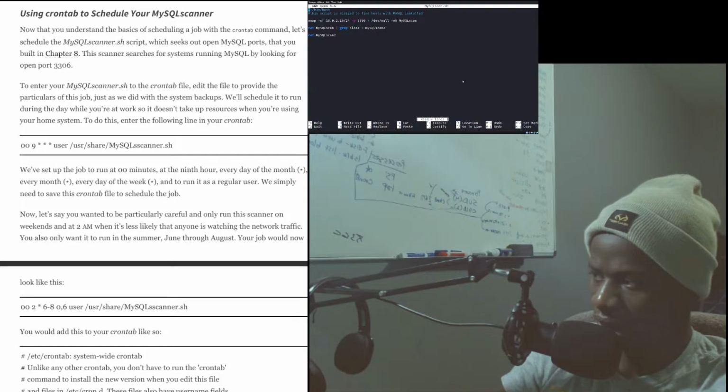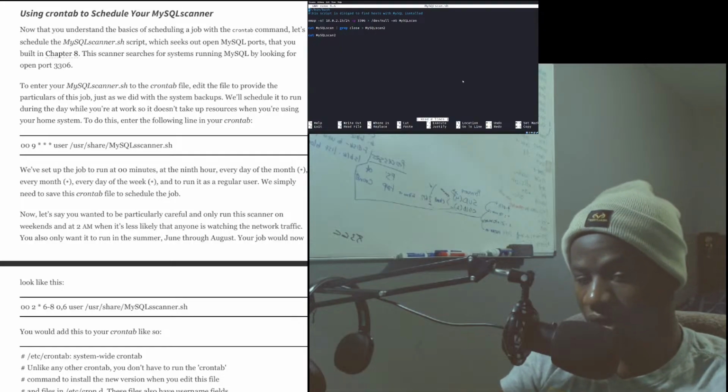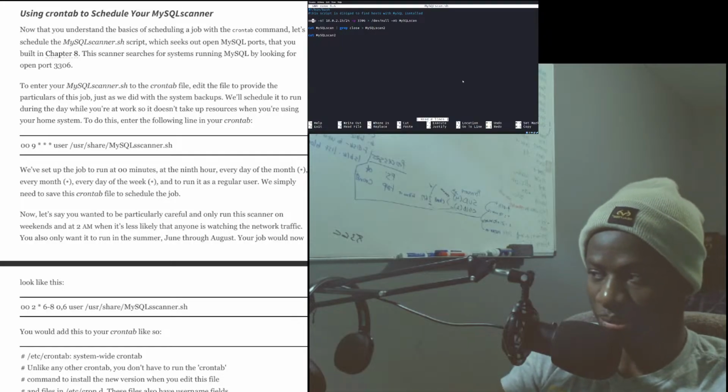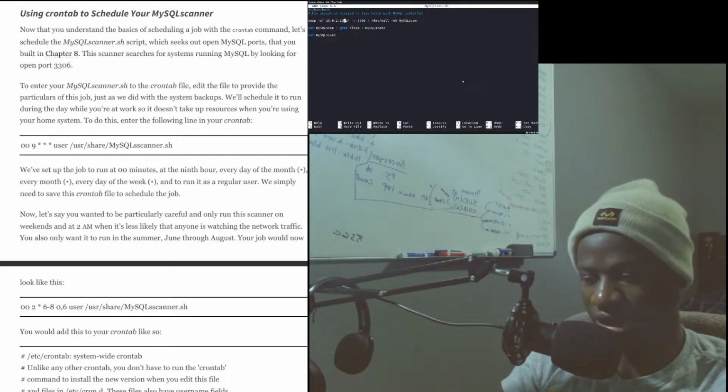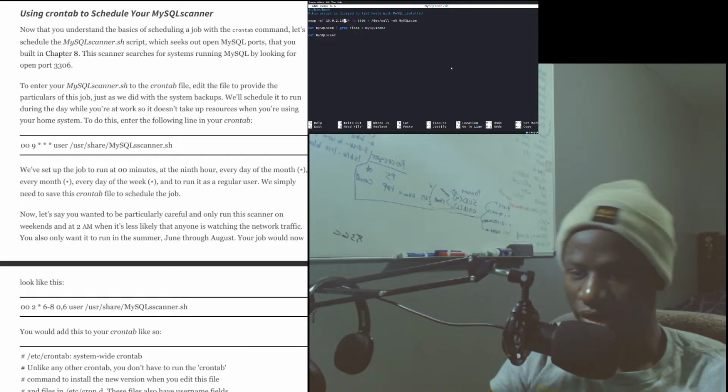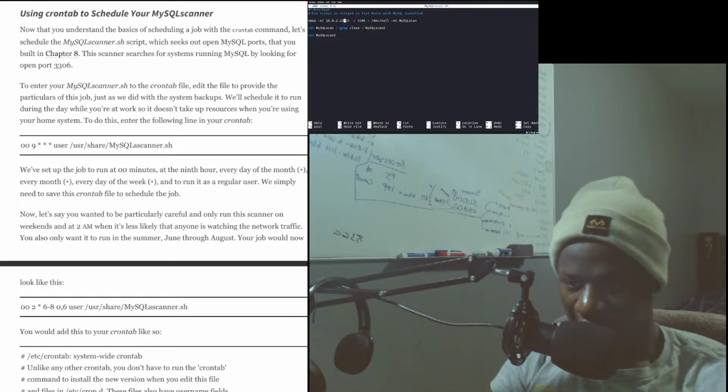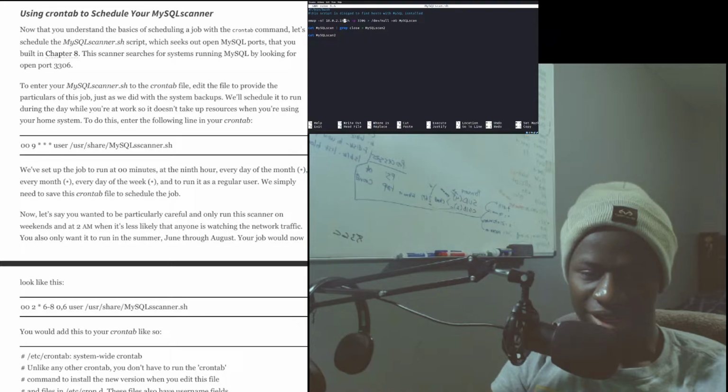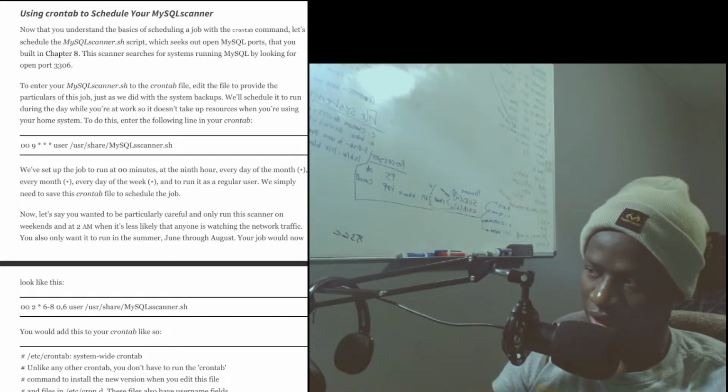Nmap. Oh, hold on. That's the previous IP address. We set up a new IP address. So that's probably why. So let me do something.